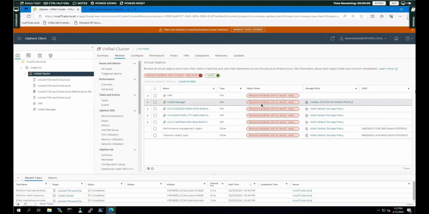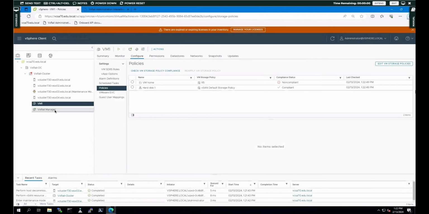These objects are having reduced availability with no rebuild, and that there is a delay timer. Okay, so this means that the objects are still accessible, but they do not have all their components available. We're not going to rebuild because there is a delay timer. I will get into details in a moment. So let's now